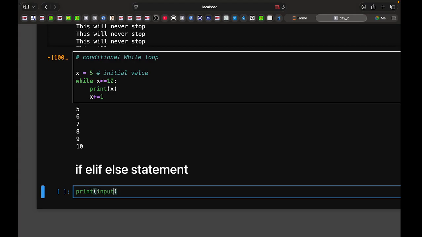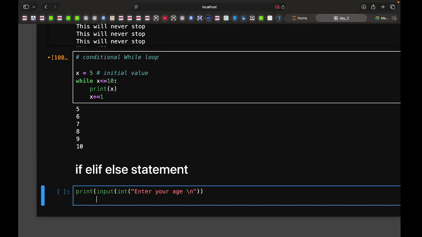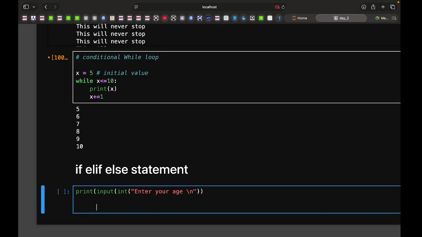इनपुट, एंटर। हाँ, इनपुट के आगे भी एक और चीज़ लगाएंगे कि जो उसने एज एंटर करनी है वो इंटीजर हो, ठीक है। इंट एंटर योर एज, ठीक है। इंट हमने डिफाइन कर दिया, बेसिकली जो एंट्री आएगी वो इंटीजर होनी चाहिए, अगर ना हुई तो एरर देगा वो, ठीक है।